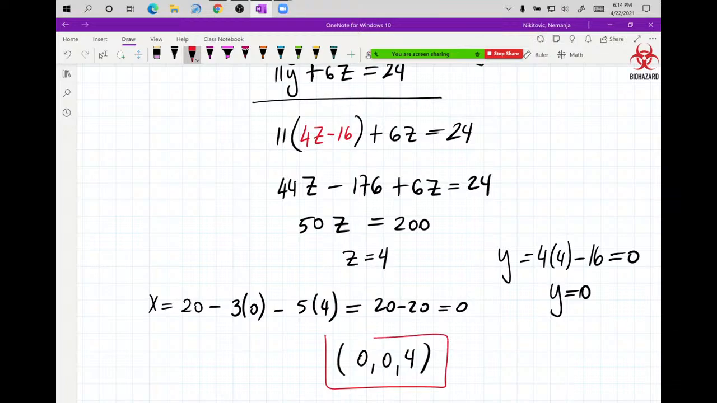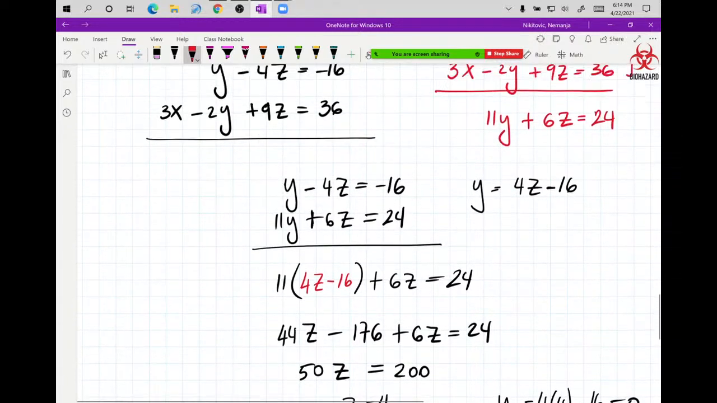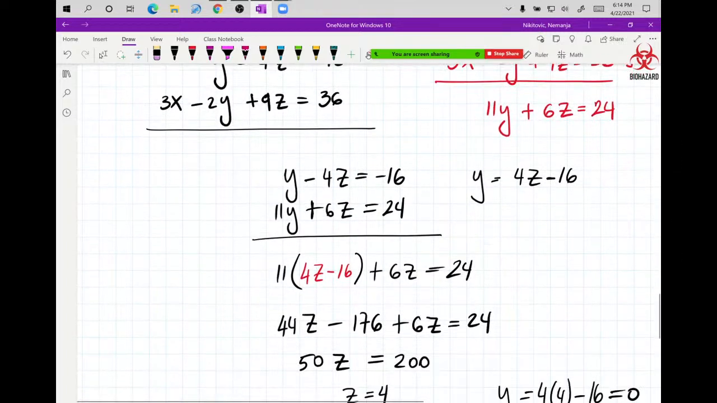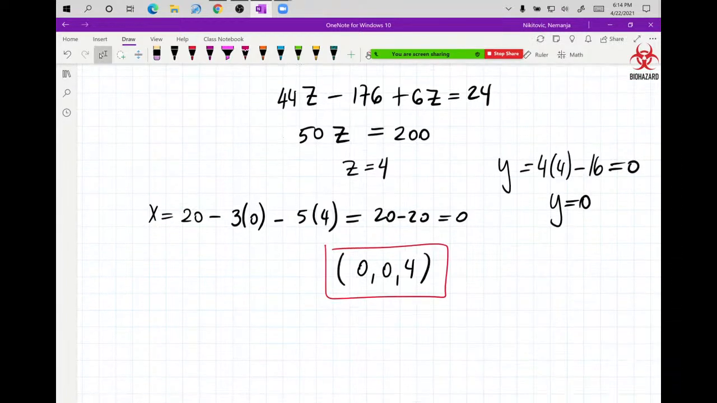Now, when you have a solution simple like this, 0, 0, 4, you can just go and check that solution just by looking at the equations. Because if x is equal to 0, all of the x terms are 0, and all of the y terms are 0. So technically, 5 times 4 is 20. Good. Negative 4 times 4 is negative 16. Good. 9 times 4 is 36. Good. So you can check that way when the solution is this easy,